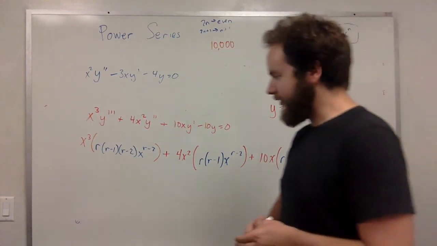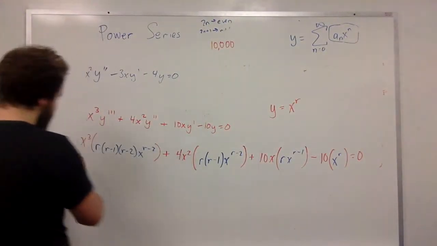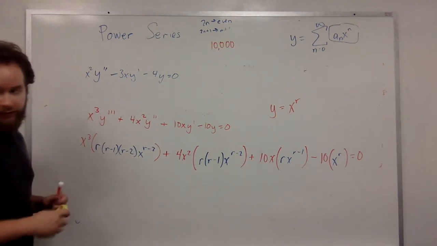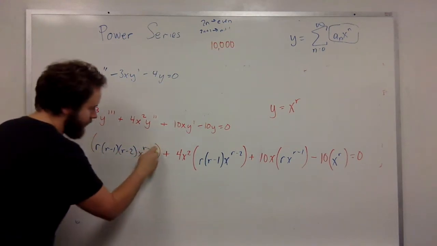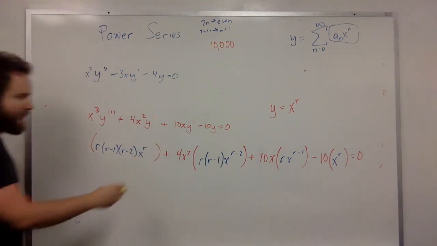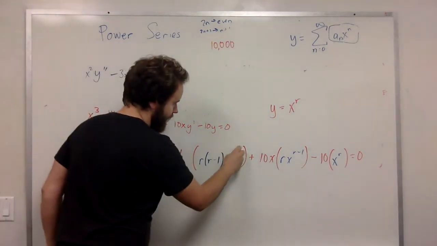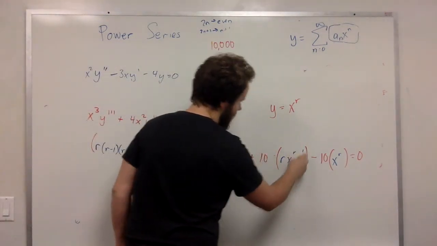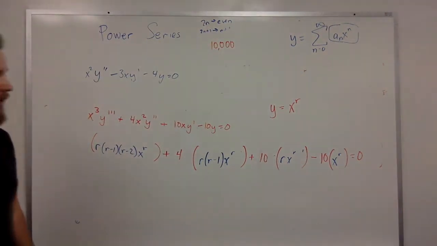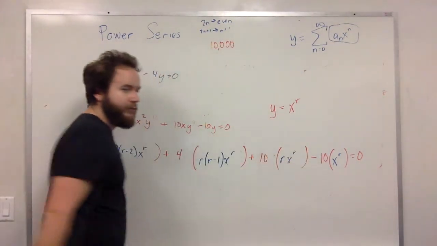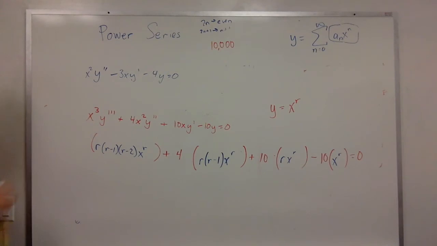At this point, you can almost just ignore the fact that there's an x cubed in front, because this x cubed will cause that minus 3 to go away. And this x squared will cause that minus 2 to go away. And this x will cause that negative 1 to go away. In such a way that every term now has a what? A simple x to the r, right? Which I will now factor out